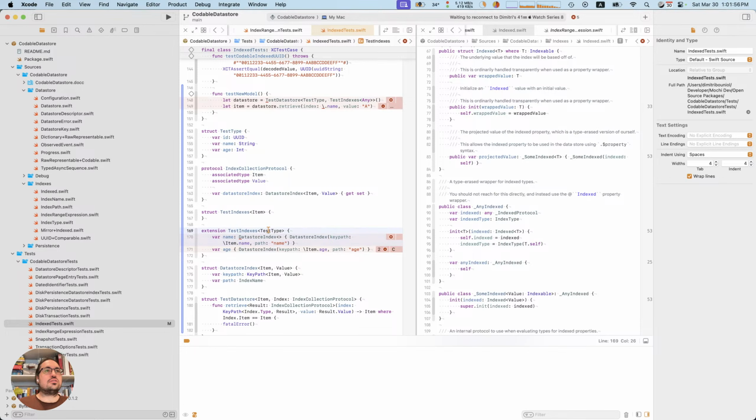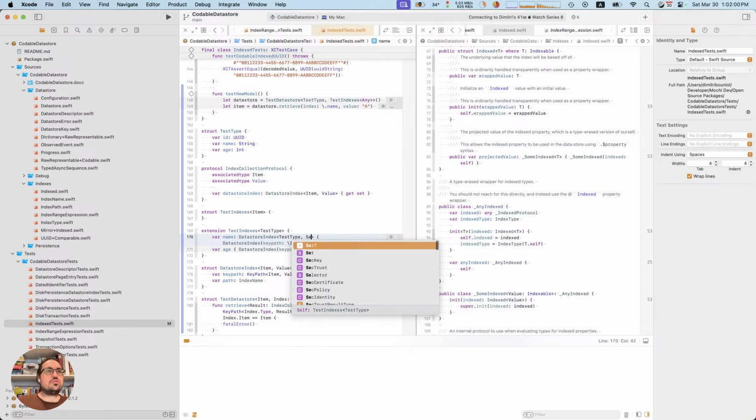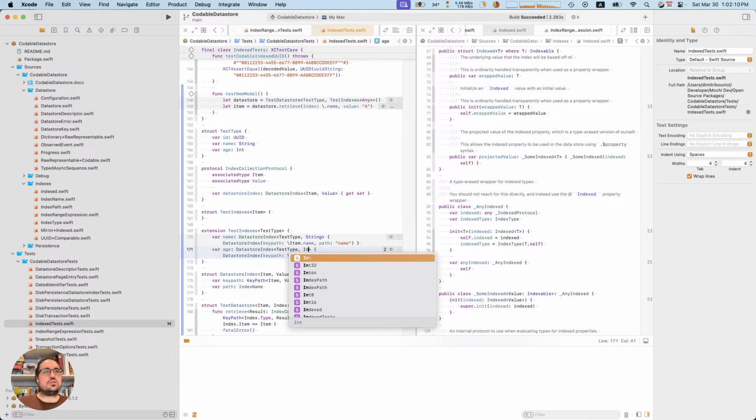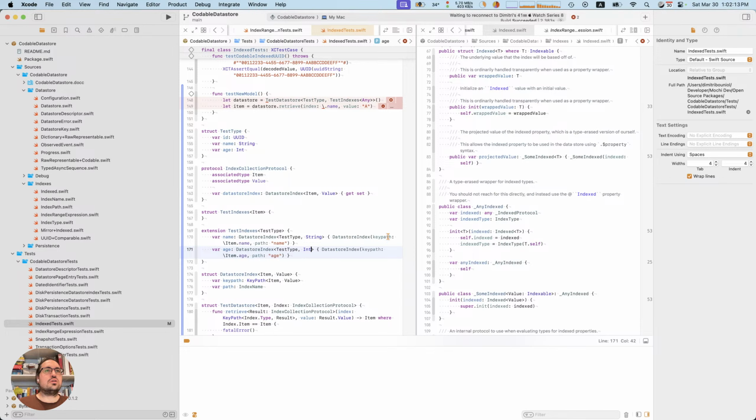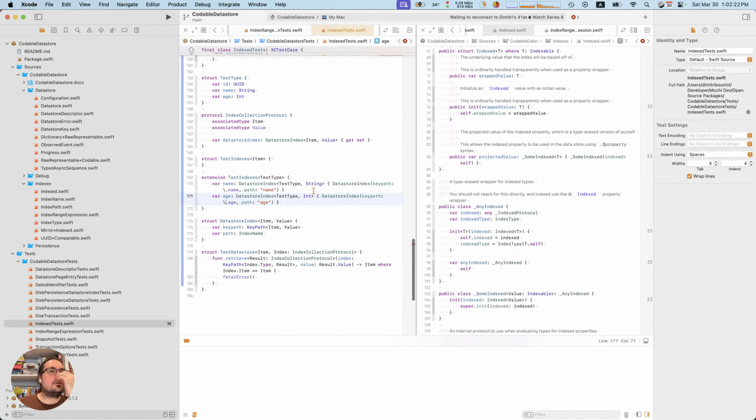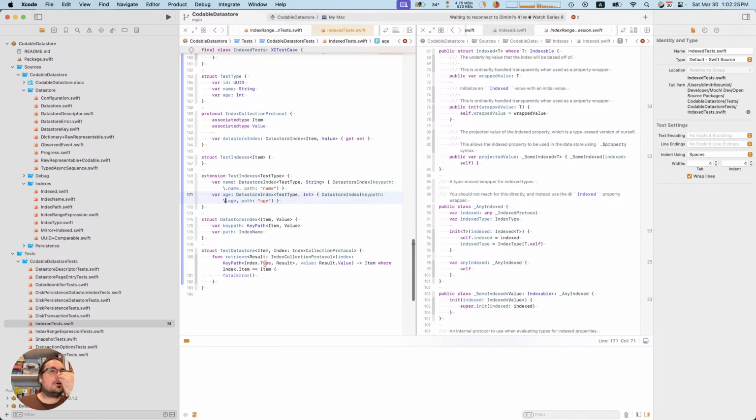Okay, so this is going to be, I've typed that, string, I'm not liking this already, but let's see where it takes us. Okay, at the very least we don't need to define that anymore. Okay, so now we have an index type.